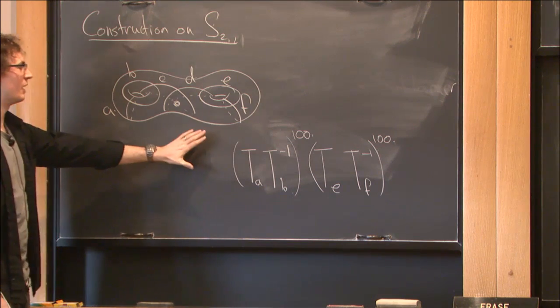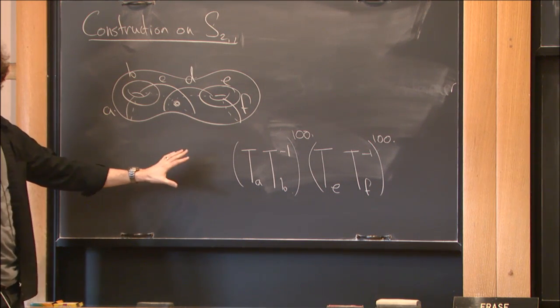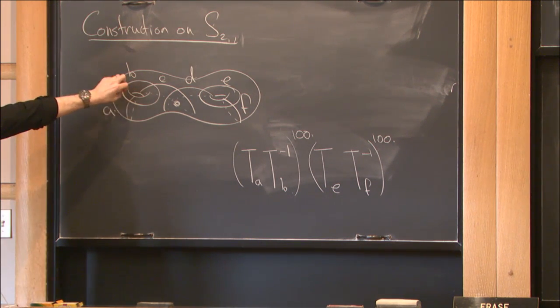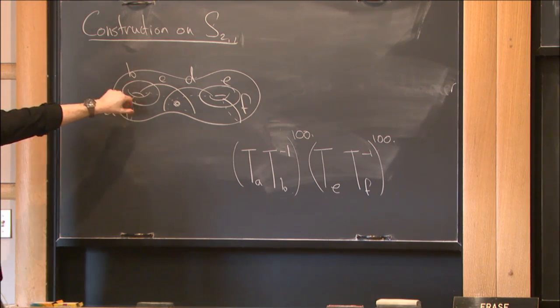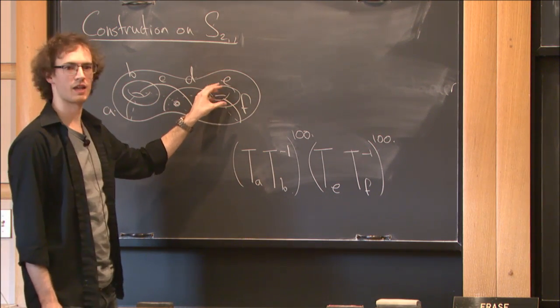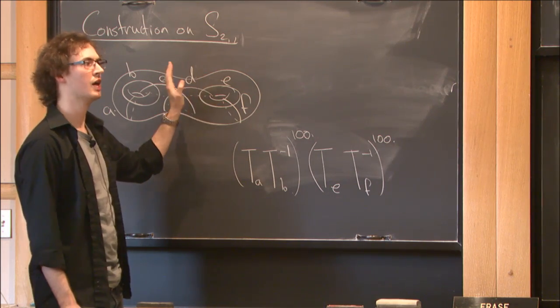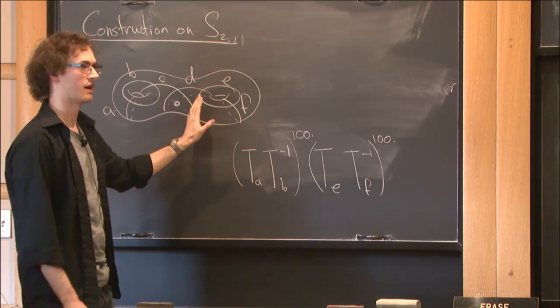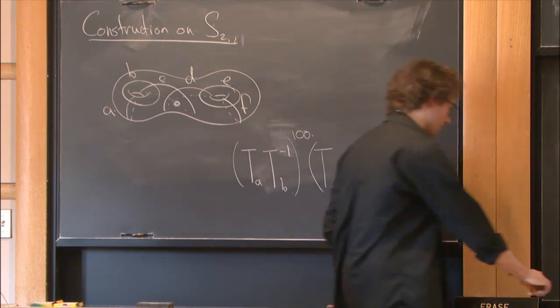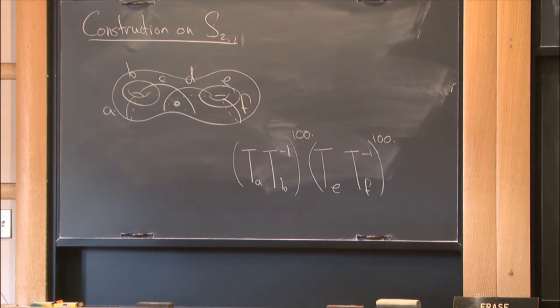And hopefully people will agree that this mapping class is clearly not pseudo-Anosov. The dynamics that are going on over here, where we're mixing A and B, is very, very different from the dynamics over here, and very isolated from the dynamics over here, where we're mixing E and F. So this is a great observation, but there's actually a couple of other ways that you can see that this